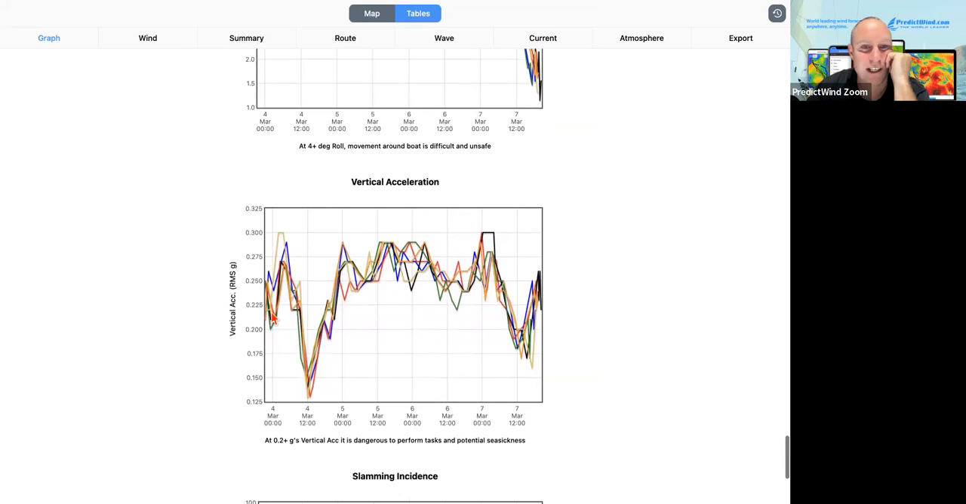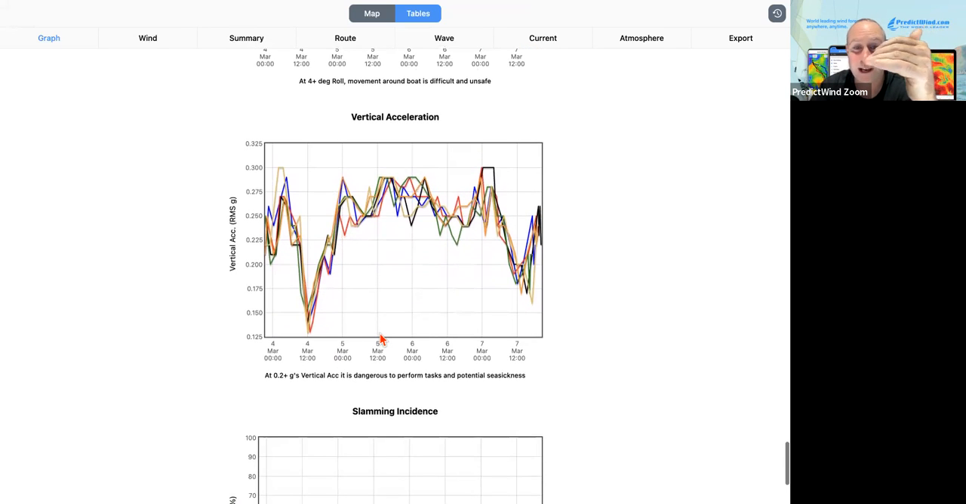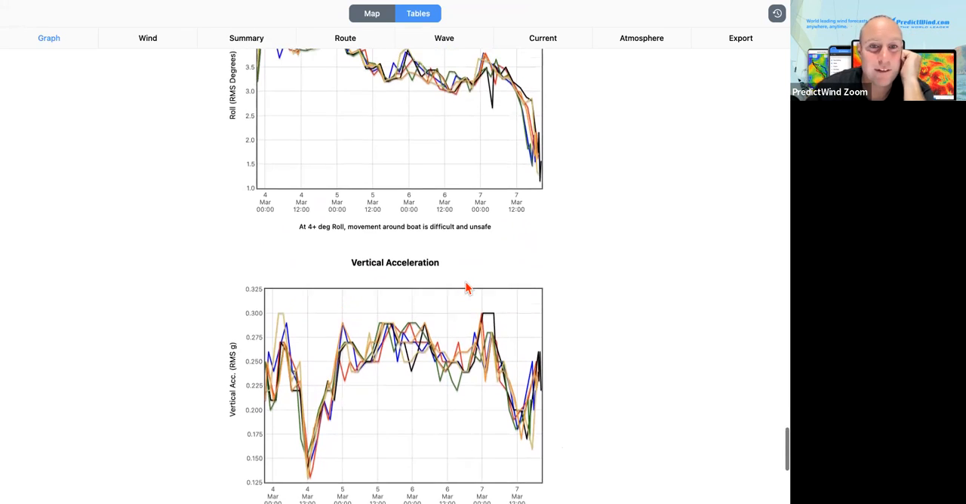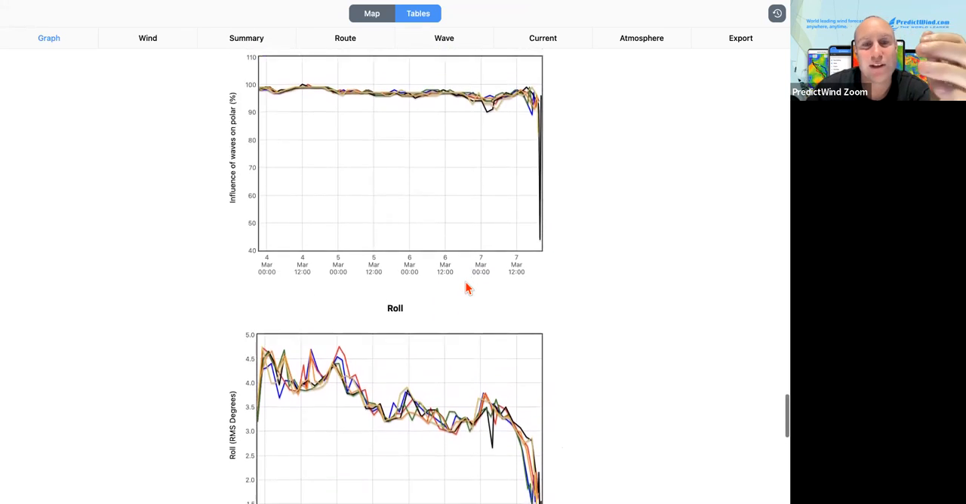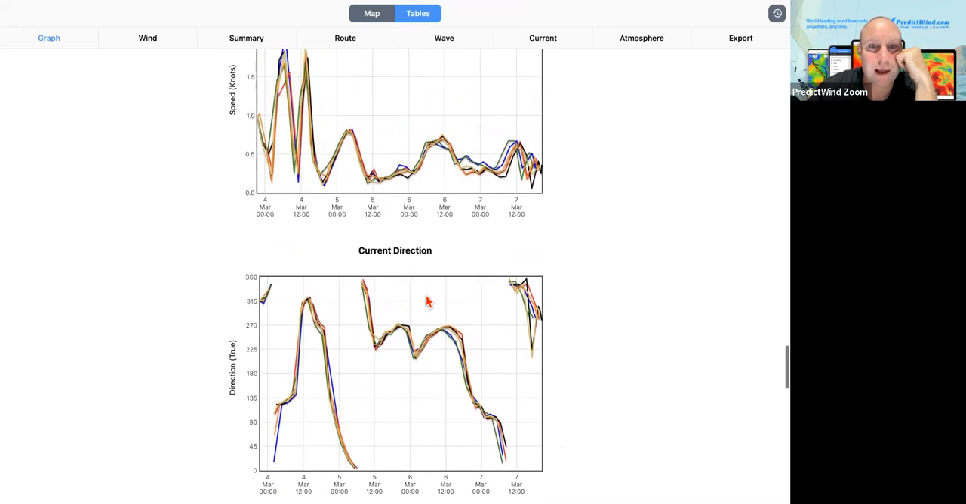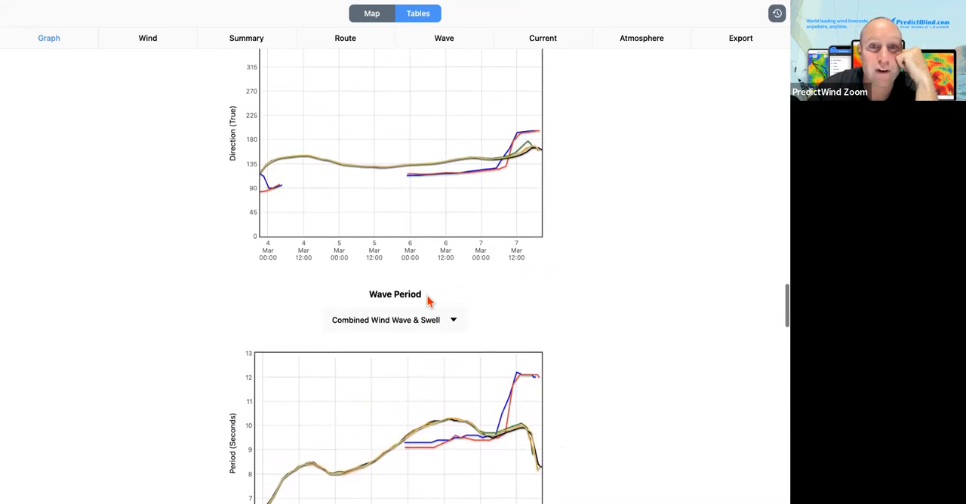Vertical acceleration again, going above 0.2. It's only just, but the threshold is still pretty high. And we even have a little bit of boat slamming down the end here. So that's interesting, and it's cool. I can show you these graphs, but let's go up here and try and work out